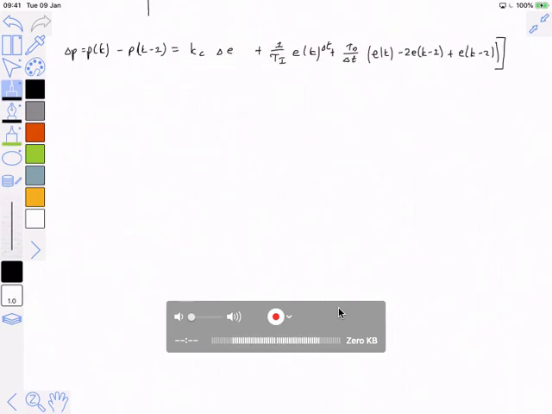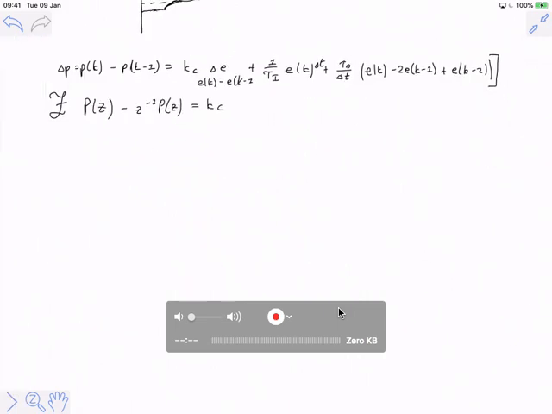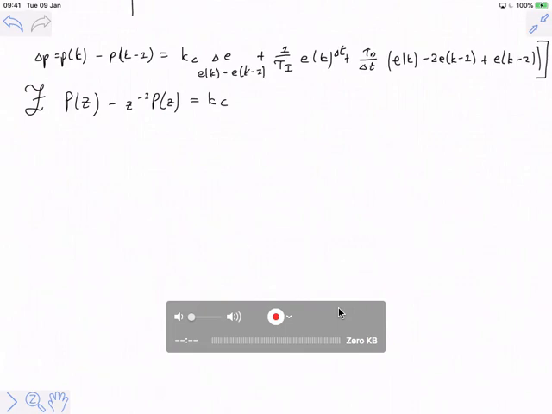And so what we're going to get is, if I Z transform that, I'll end up with PZ, so these terms will go one to one: PZ minus Z to the minus 1 PZ is equal to Kc, and actually we have to remind ourselves now that that delta E was E_k minus E_{k-1}. And so that becomes Ez